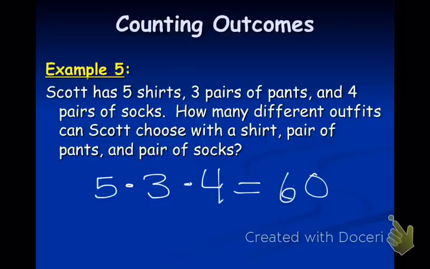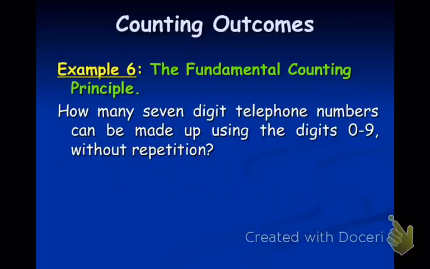Number 6, let's go ahead and move on. So how many 7-digit telephone numbers can be made using the digits 0 to 9 without repetition? So here we cannot keep using numbers like 9976, 6433, and so on. We're going to have 7-digit combinations, so we have to make sure we don't repeat. So again, there's got to be 7 digits. Sometimes it helps to actually just write down the spaces, 1, 2, 3, 4,